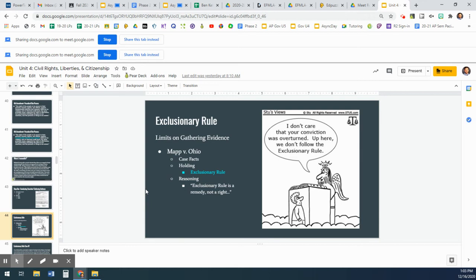This upheld what we call the exclusionary rule, meaning that evidence that is seized illegally, such as that pornography, because they did not have a warrant, cannot be used in court. It doesn't mean that you can't go to trial for that crime. It just means they can't use that illegally obtained evidence in court. The goal there is to prevent cops from violating the Fourth Amendment, because if cops didn't have this rule, they might become abusive of their power and search homes and find evidence that they had no probable cause to search in the first place.